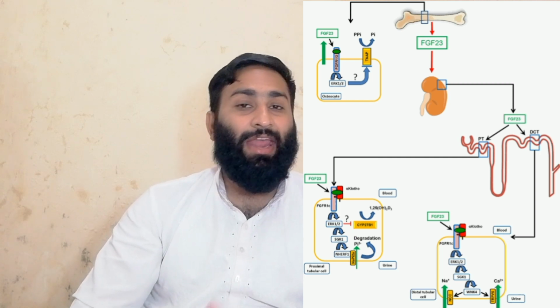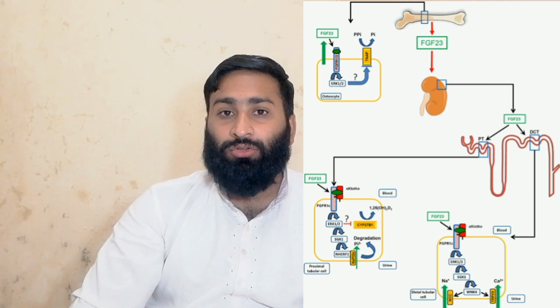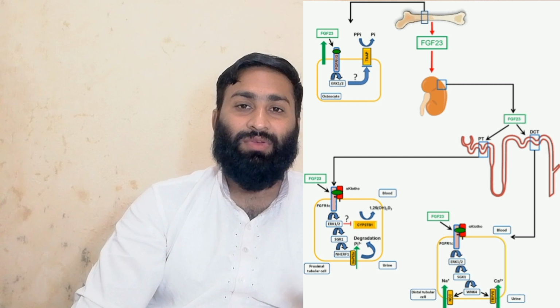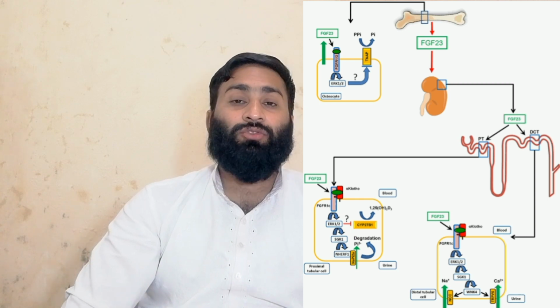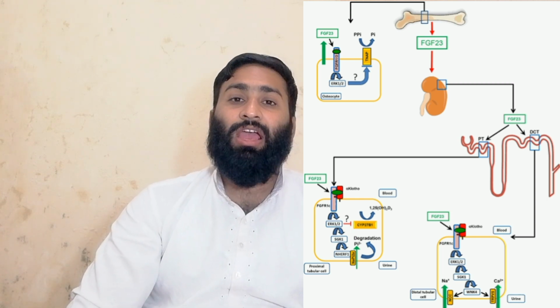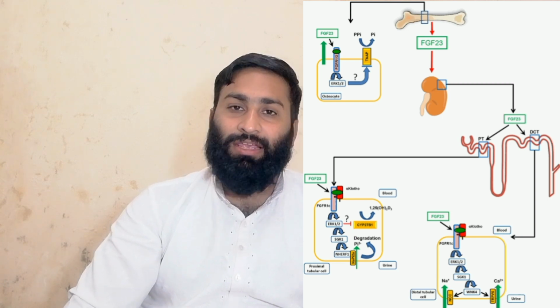So in this way, whenever the Clotho is deficient, the phosphate group will be reabsorbed, so phosphate reabsorption occurs while calcium is excreted. So remember, in this way Clotho basically functions, Clotho is important for